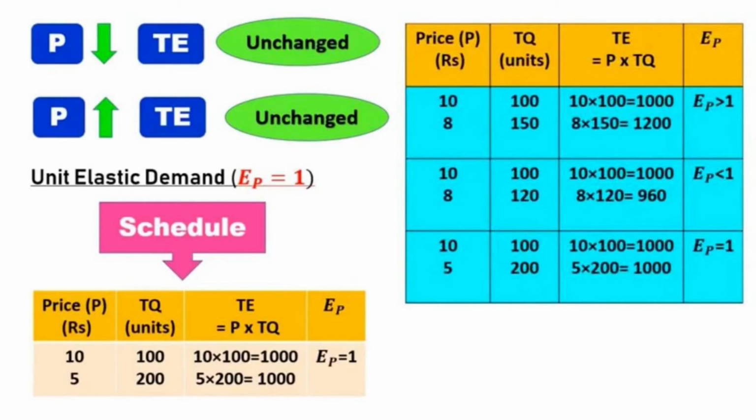Whereas when the price goes lower, you can see there is variation in your quantity, either more or less. So it becomes 150. The total units are very, very high. Secondly, you can see it becomes lesser compared to the previous one. When the price becomes less, quantity demanded becomes 120. There you get only 960. The same you can see when the price decreases to 5, the quantity demanded is 200 and it is equal to the same quantity you purchase.